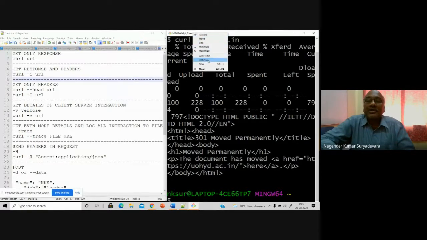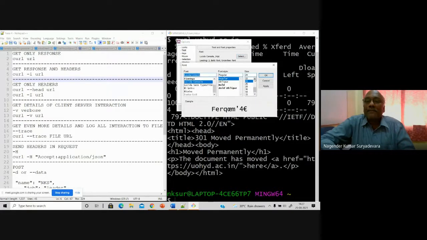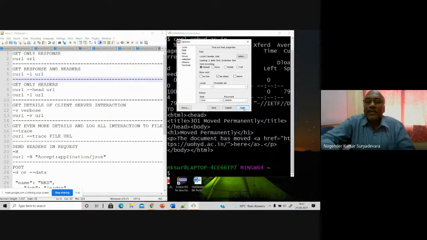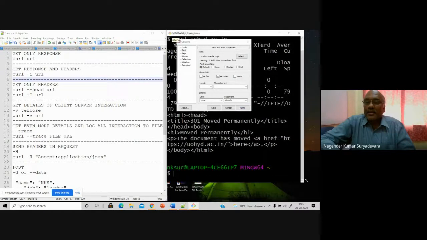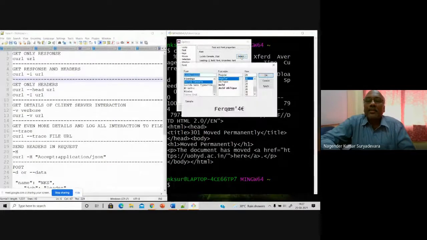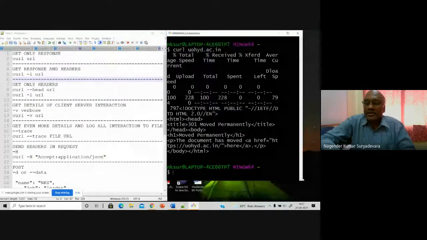Let me just decrease the font size once. Yeah, I think this should be fine.